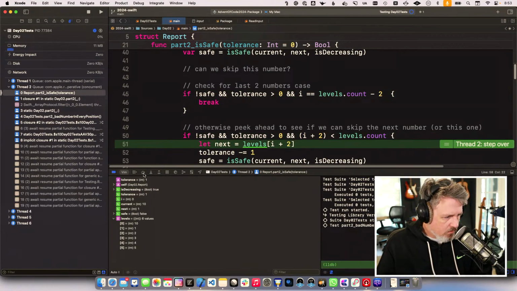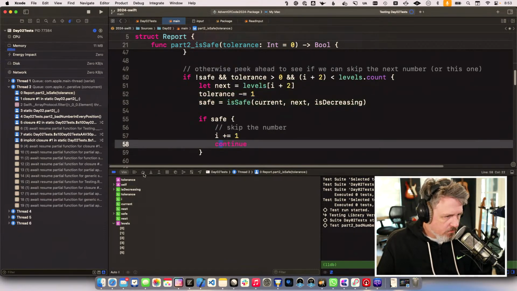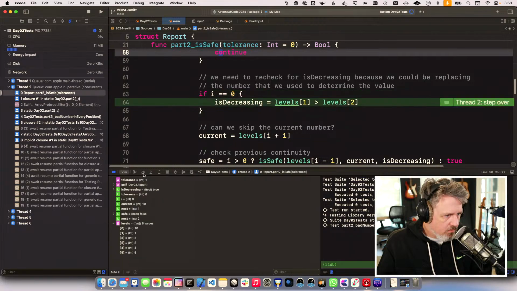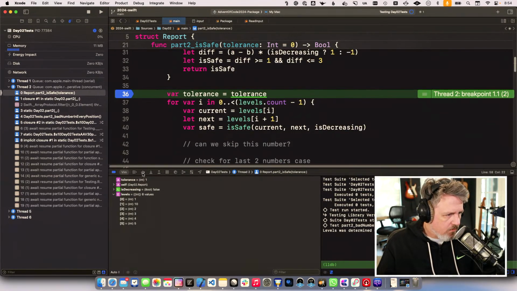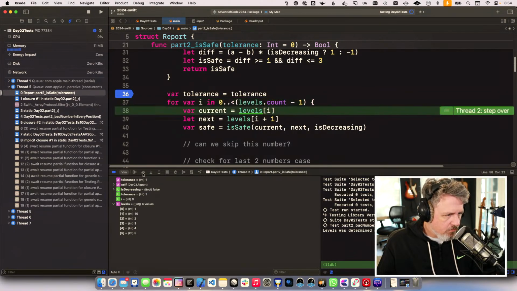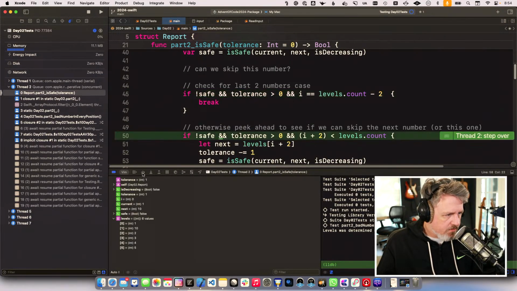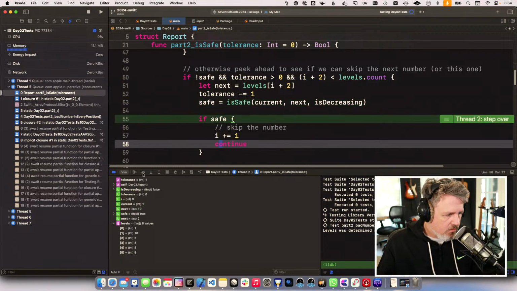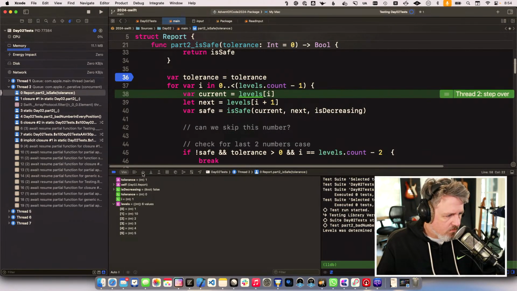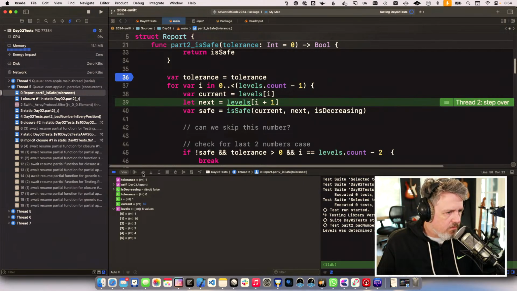We're not safe, so then we skip the number. Sorry, this is the first one. Current is 10. Next is 1. This is the first time through. Second time through is what we need to check. We're not safe. We can jump into here. Here we are safe, so we can skip the number and continue to the next one. So now the current number